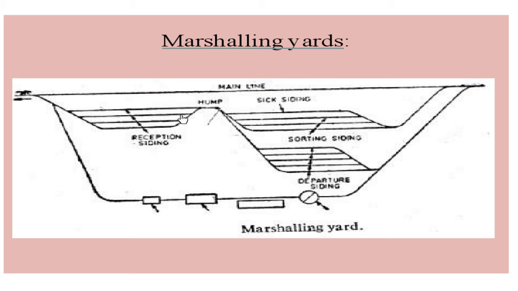Okay, now coming to the sorting siding. In the sorting siding, the main work of the marshalling yard is done. That is, you will be having a number of coaches for the train. So how many coaches are to be taken to different destinations, or what all new trains are to be made, or different coaches have to be separated. All that work is being done in the sorting siding.